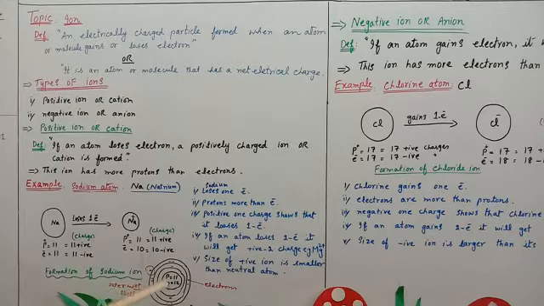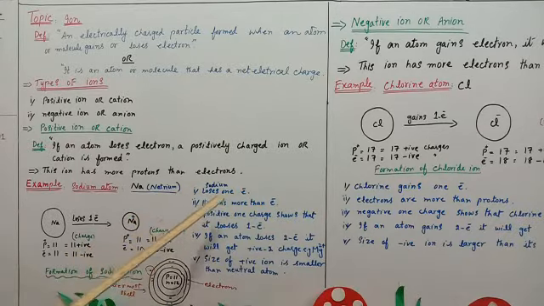I have drawn another diagram of the sodium atom, but it is not given in your book, just for your information. This is the center, the nucleus, of the sodium atom: protons 11, neutrons 11, and it also has 11 electrons. Its outermost shell carries 1 electron. This sodium atom loses this 1 electron and it gets positive 1 charge.